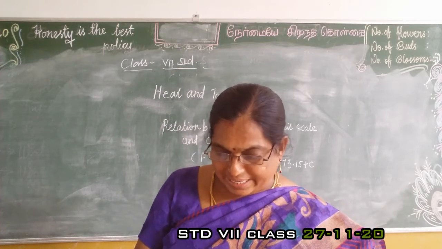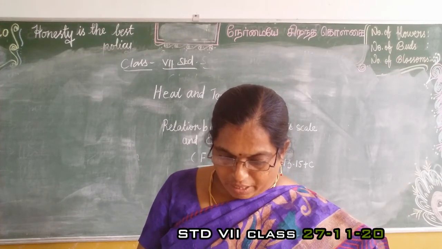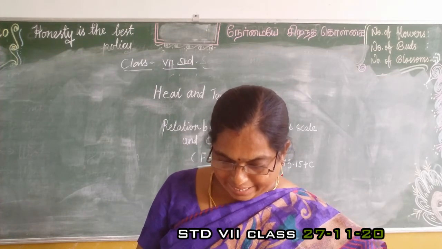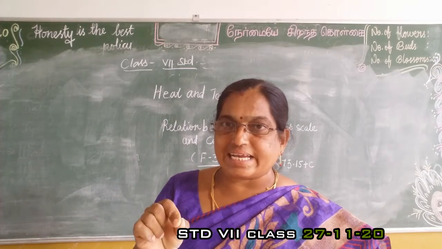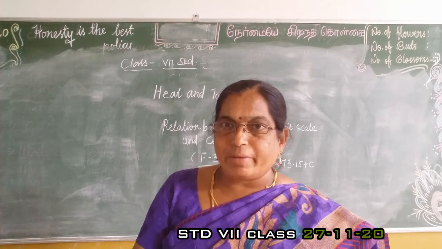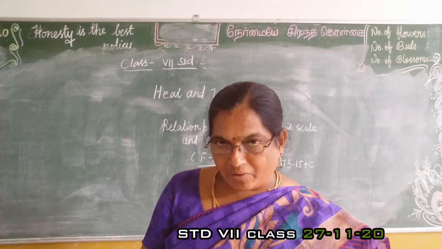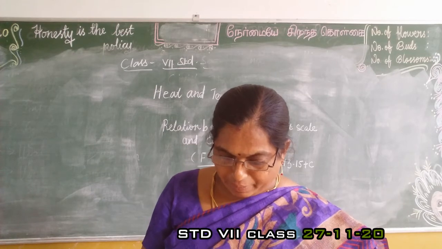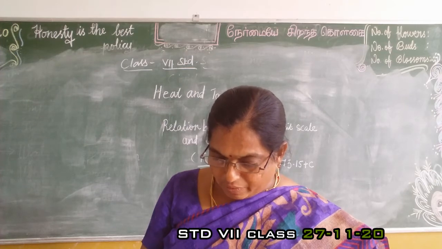Then the Fahrenheit scale. Fahrenheit is a common unit to measure human body temperature. It is named after the German physicist Daniel Gabriel Fahrenheit. The freezing point of water is taken as 32 degrees Fahrenheit, whereas on the Celsius scale the freezing point of water is 0 degrees Celsius. The boiling point of water is 212 Fahrenheit. Thermometers with the Fahrenheit scale are calibrated from 32 degrees Fahrenheit to 212 Fahrenheit.